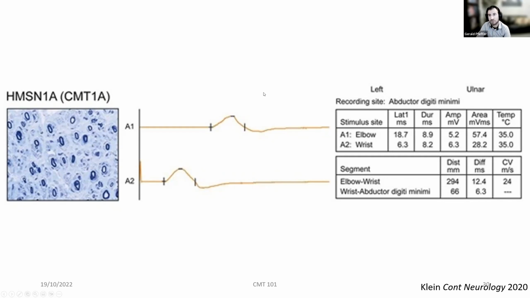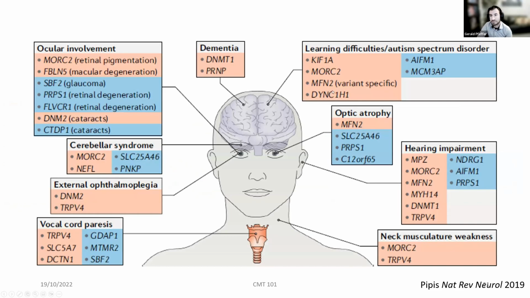There is what we refer to as genotype-phenotype correlation in CMT. And really what this means is that depending on the gene that is affected in a particular case of CMT, that will affect what some of the clinical features will be. And so we have some patterns that tend to recur with certain genes that are summarized in this nice image